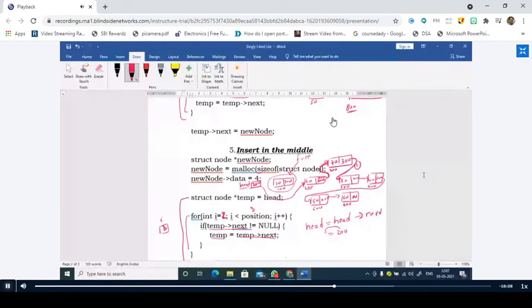But in dynamic memory allocation, the user has to take the responsibility of allocating the memory by using the memory allocation functions such as malloc, calloc, and realloc. And it is the responsibility of the user to free the memory using free, right? So we have 4 different functions for dynamic memory allocations. One is malloc, second one is calloc, third one is realloc, and fourth one is free function. So these 3 functions are used for allocating the memory dynamically, and this is for deallocating the memory.